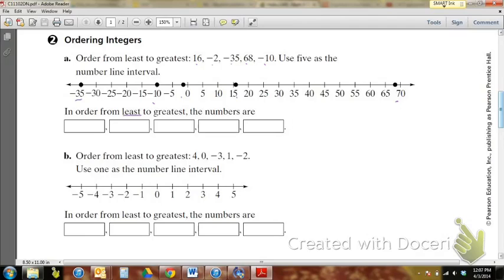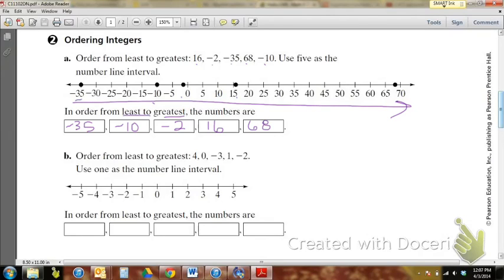Now, from least to greatest, I'm just going to go this way along the number line. The first one that comes is negative 35, then negative 10, then negative 2, then 16, and